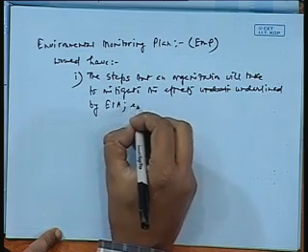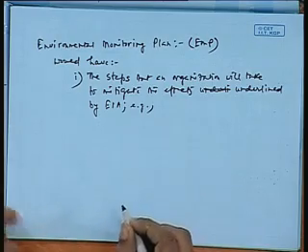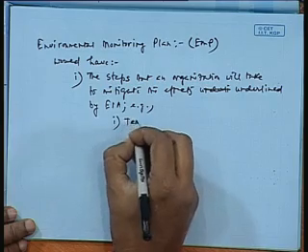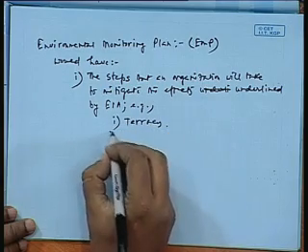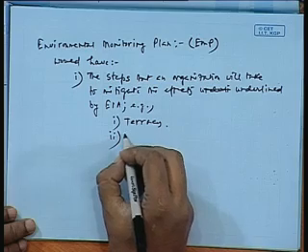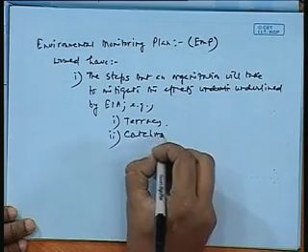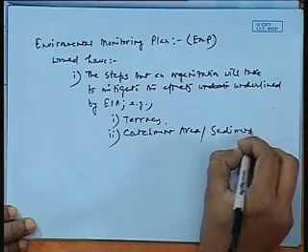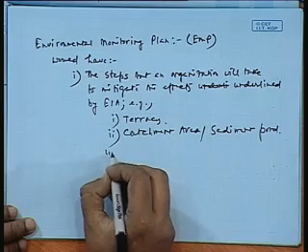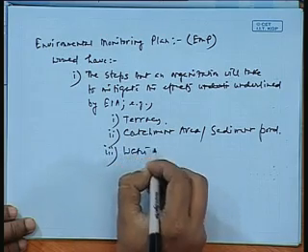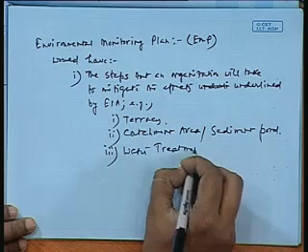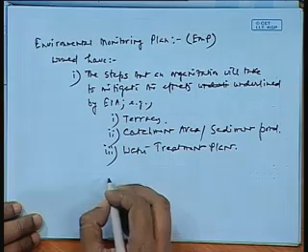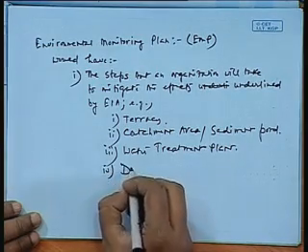For example, it would say that I will form terraces, I will form a catchment area, or I will create a sediment pond, I will create a water treatment plant, I would use dust sprinklers,